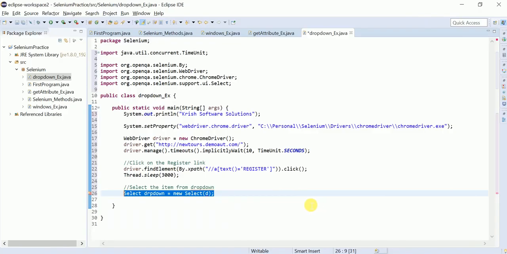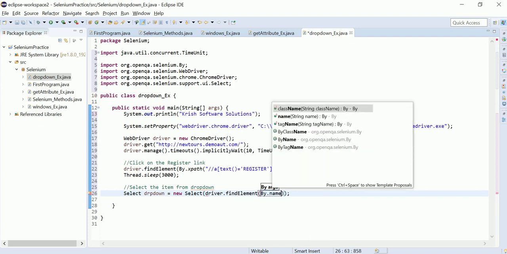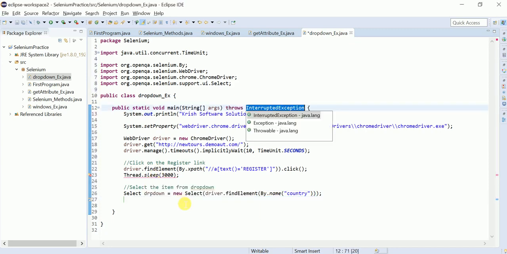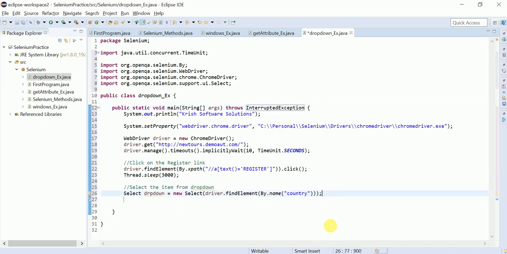Name equal to country. Directly I am using name: driver.findElement(By.name("country")). Here for Thread.sleep you need a throws declaration. Okay, so the Select I have created for our country drop down.